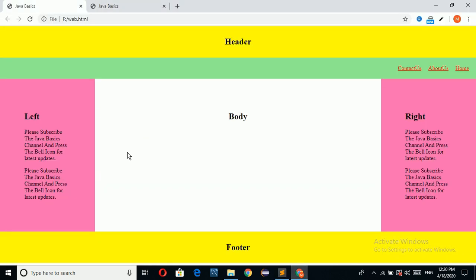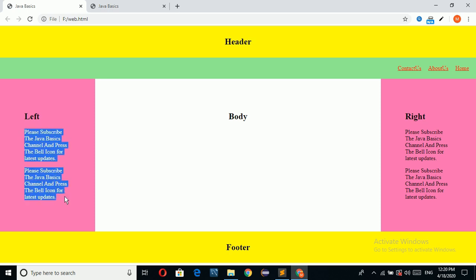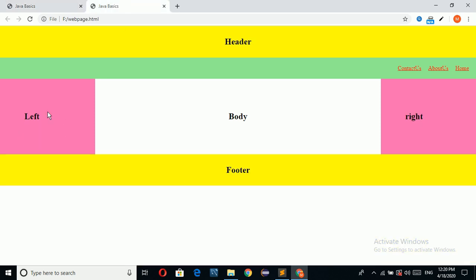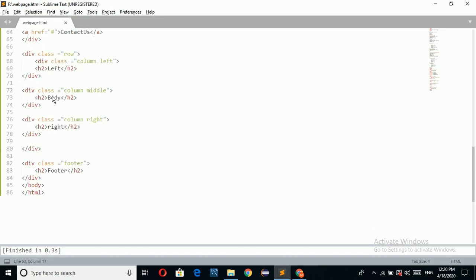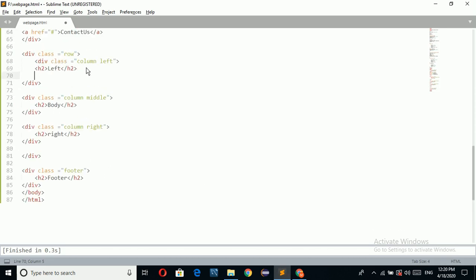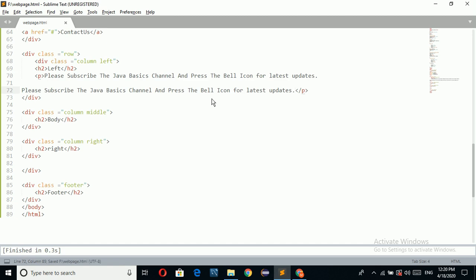So here I want to take this text I copied from the previous one, I want to display it here. So here in this left navigation I am taking one paragraph, I am closing the paragraph, just use this. Here I am taking two paragraphs.